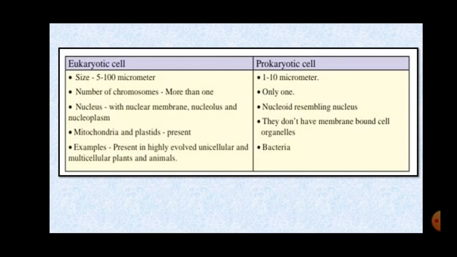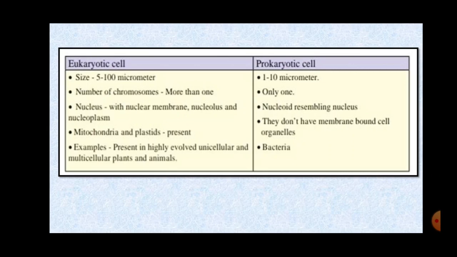Then nucleus. What is the difference in the nucleus of eukaryotic and prokaryotic cell? In eukaryotic cell, the nucleus is very distinct with the nuclear membrane, nucleolus and nucleoplasm, right? Whereas in prokaryotic, the nucleoid resembling a nucleus is present. Only one nucleus is present, whereas the outer membrane and the other parts are missing. But in eukaryotic cell, the nuclear membrane can be seen, the nucleolus is very distinct, and nucleoplasm, the liquid, is